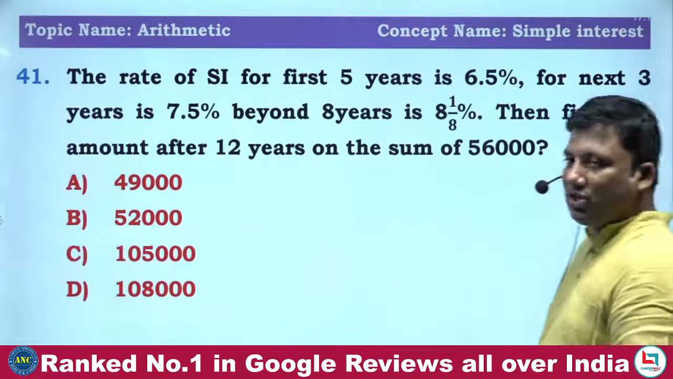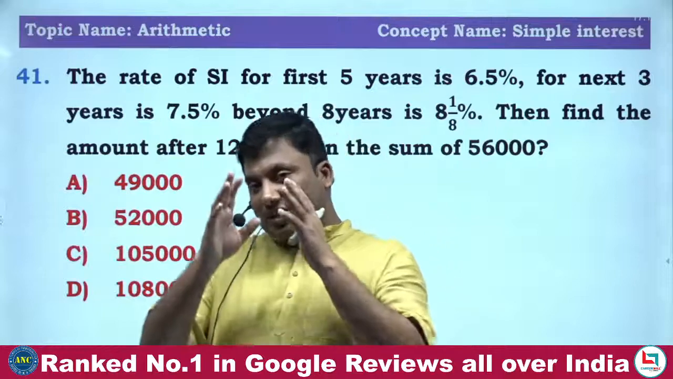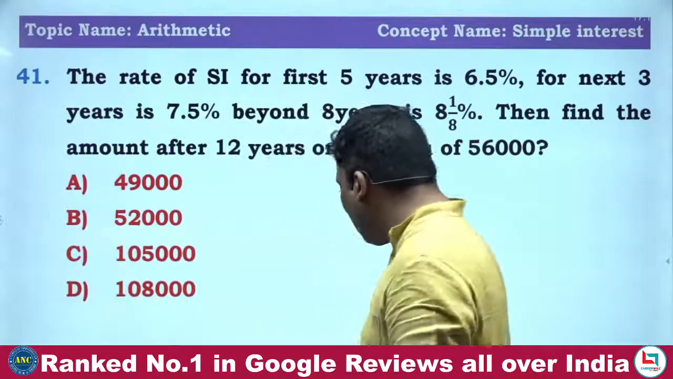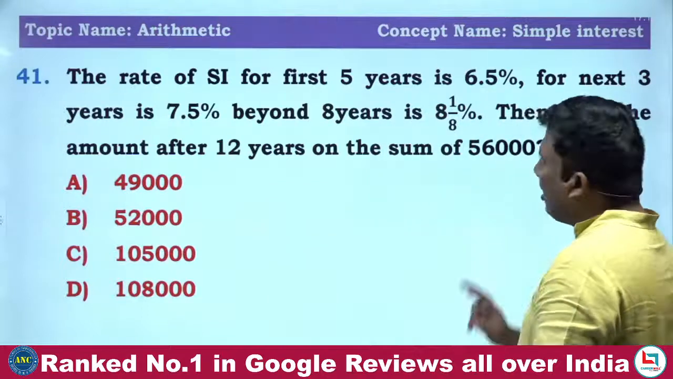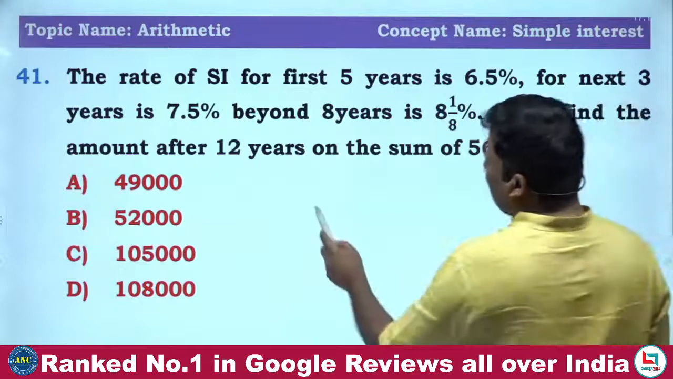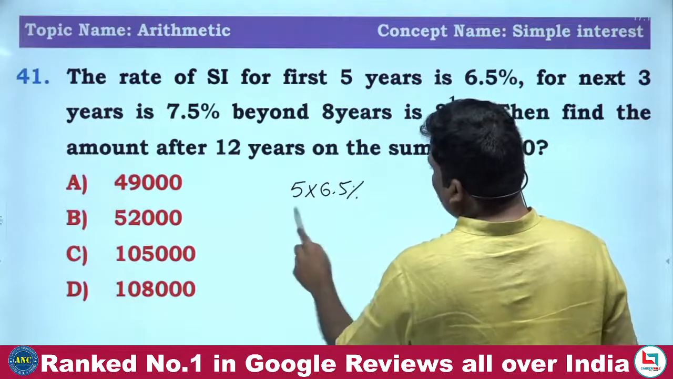Similarly, the second question. What is happening in this question? The rate of interest is fixed for some number of years, after which it is changing. Next one. The rate of SI for the first 5 years is 6.5. 5 into 6.5, which is